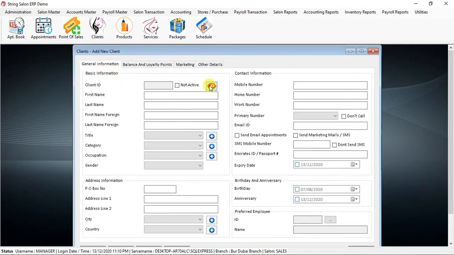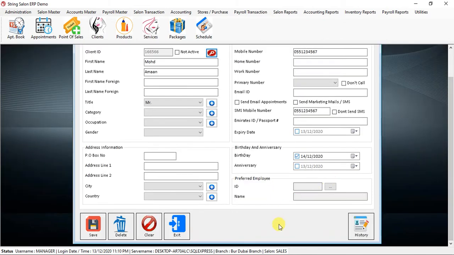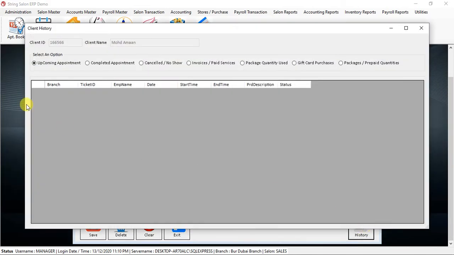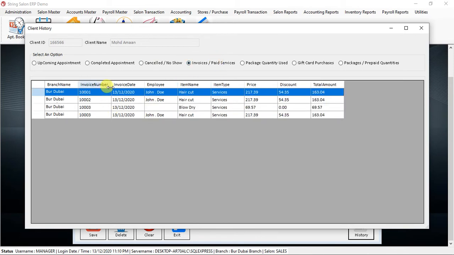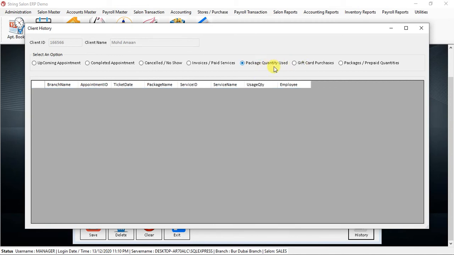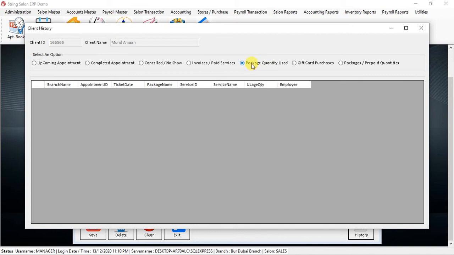And also you can see their history. For example, this client has a history. Their history you can see completely here: their upcoming appointments, completed appointments, cancelled appointments, appointments for which they paid, any packages they have, gift cards which they have purchased and the balance value available, and the quantity of packages which they used.